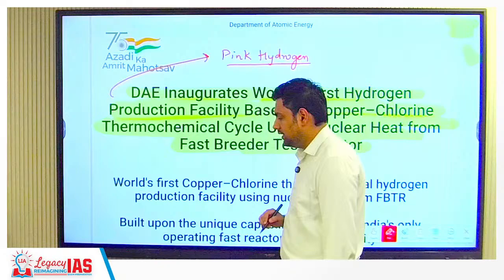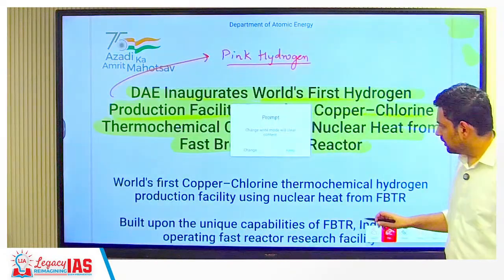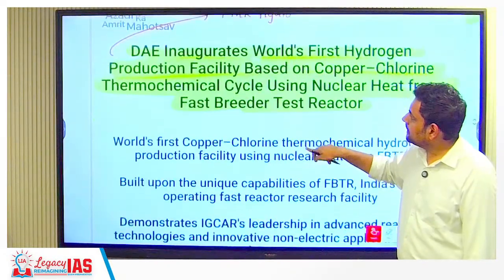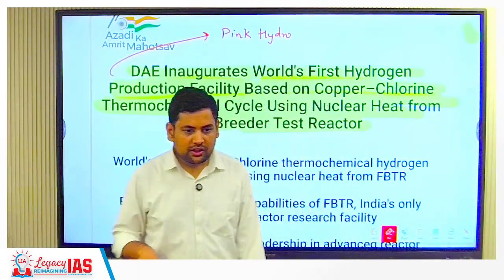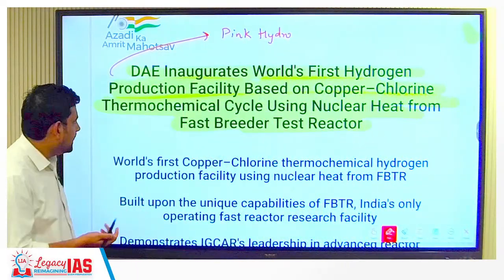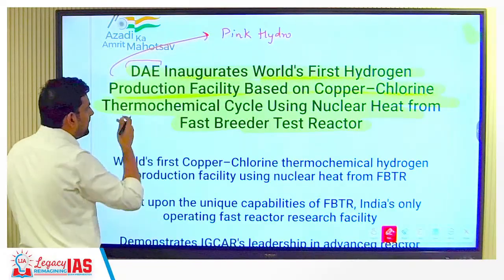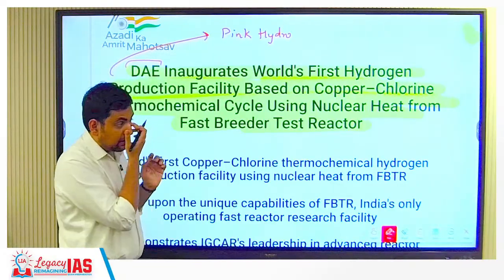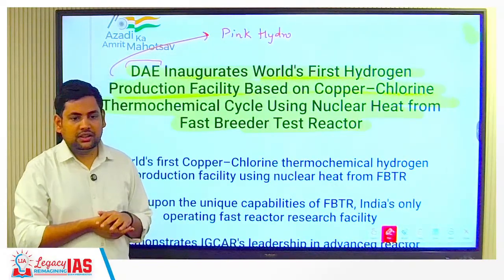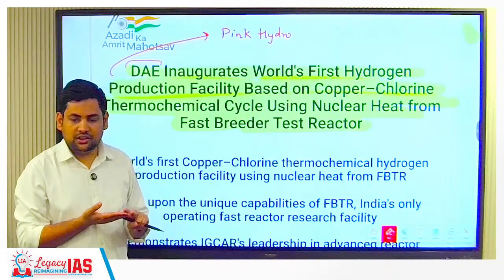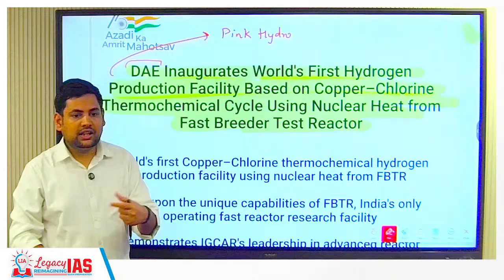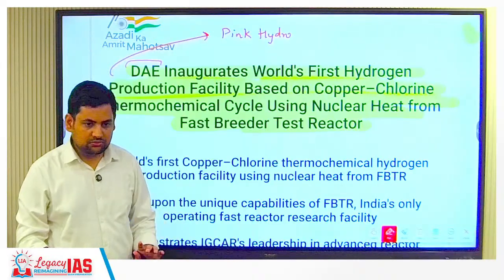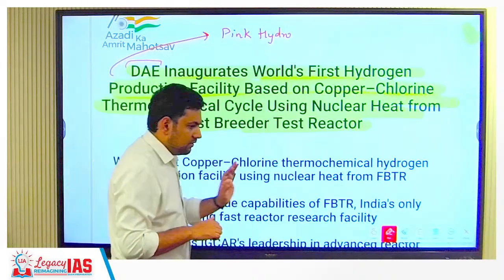Now understand this. This is again important news. So basically what has happened, see, this is DAE, what was it? Department of Atomic Energy, correct? Now, we had also talked about that recently fast breeder reactors, that is the second stage of Homi Jahangir Bhabha's three-stage nuclear plan, has achieved criticality in Kalpakkam. Okay, so that you had understood.